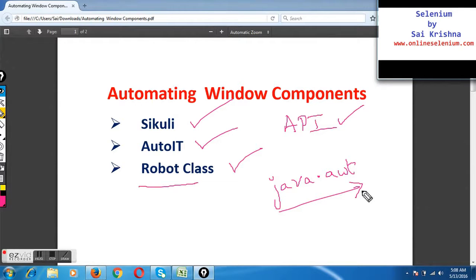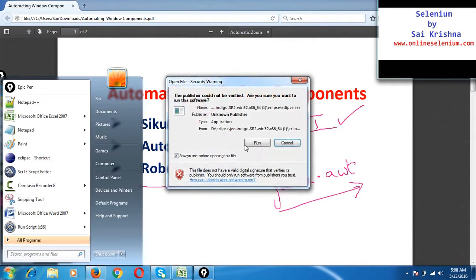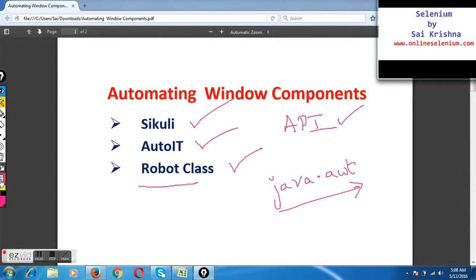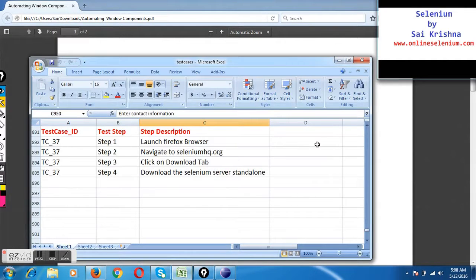We have already done the automation program, so let me quickly open my Eclipse. I hope all of you remember what we are trying to automate, as through Sequely and AutoIT we have done the same thing. The program should launch Firefox, navigate to Selenium HQ, click on the download tab and download the Selenium server standalone jar.